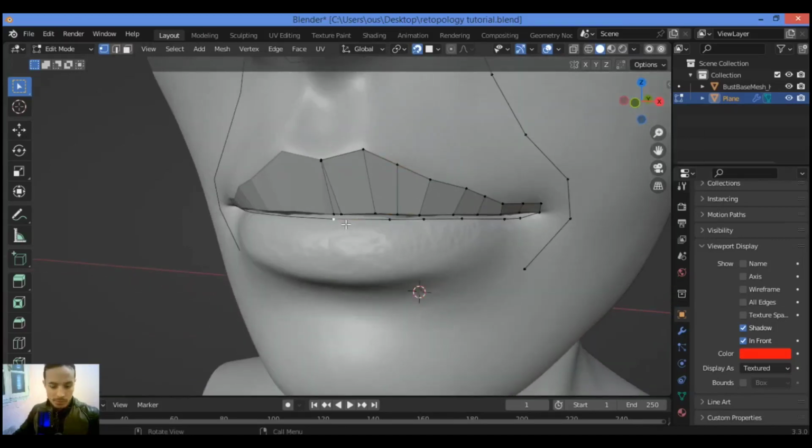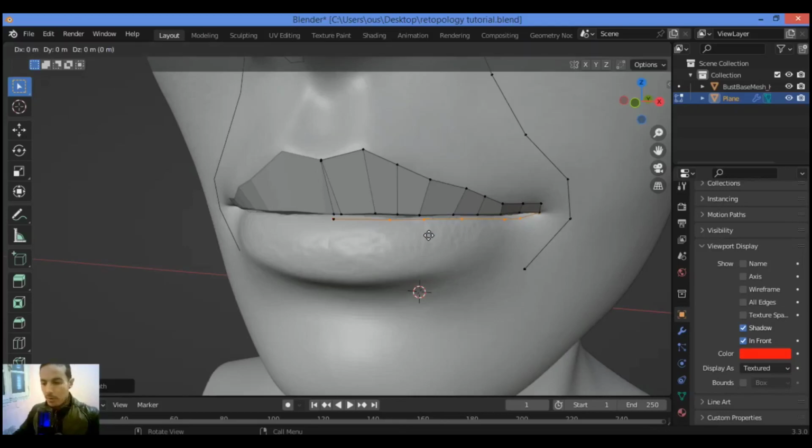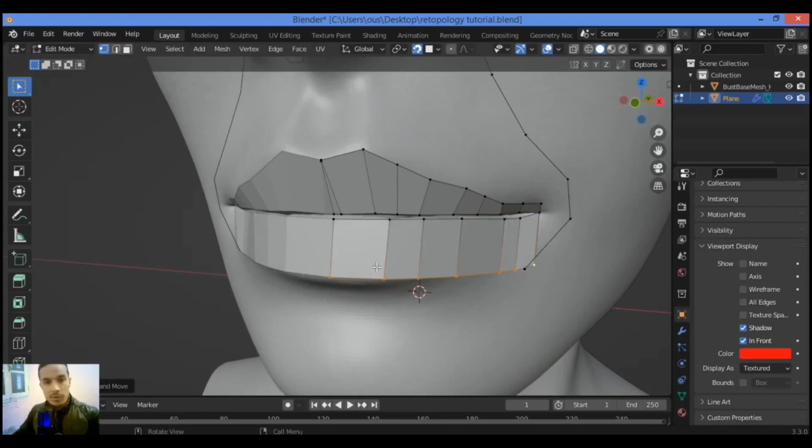bottom lip, like this, the bottom lip. Select this vertex, then hold down Control, click on the vertex at this corner. This time I'm gonna be creating another loop, the loop surrounding the lips. Extrude it like this to the bottom. All the vertices are gonna be snapped to the surface of the lip like this. So just grab it